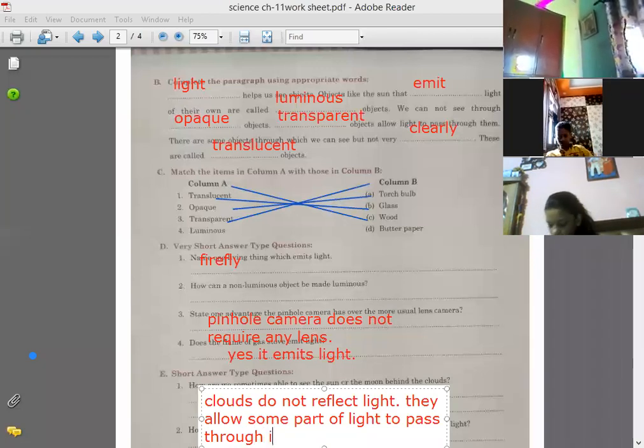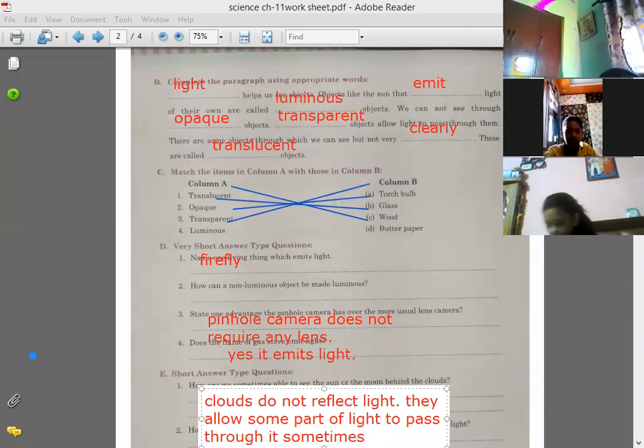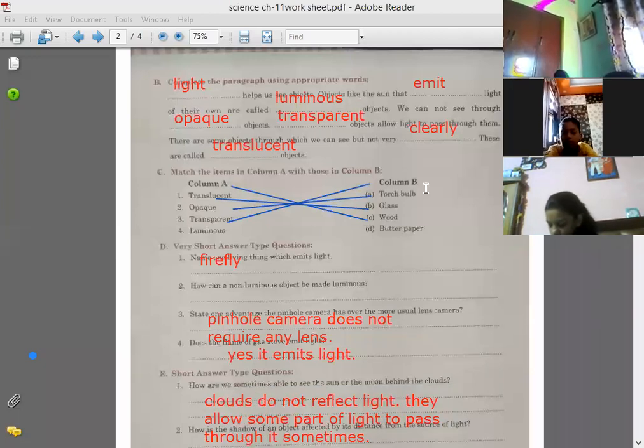Children, clouds do not reflect light because clouds are gases. They allow some part of light to pass through it sometimes. Okay. I hope each one of you has written the answer.